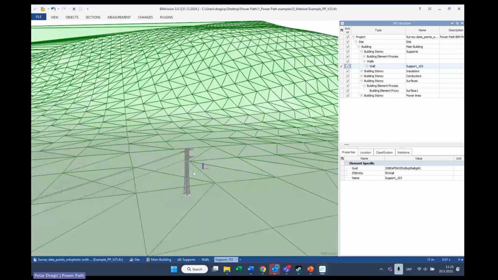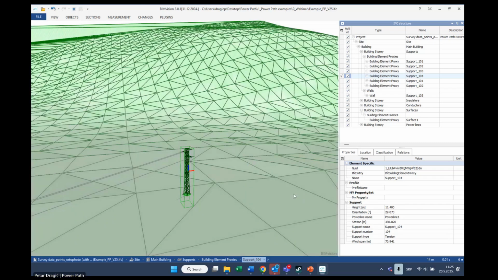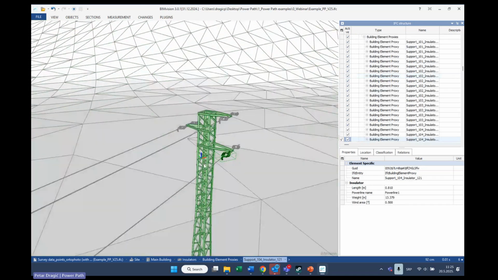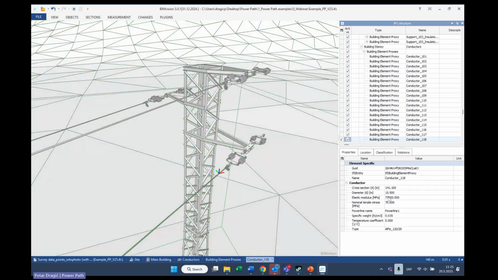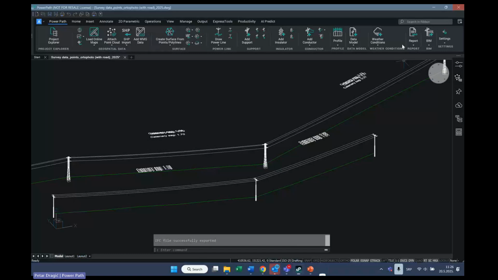But for example, if I go here on this element, we added our property set with the name support and also My Property Set. Okay. The same is also for other elements, as you can see for insulators or conductors, you can actually create your own property sets.